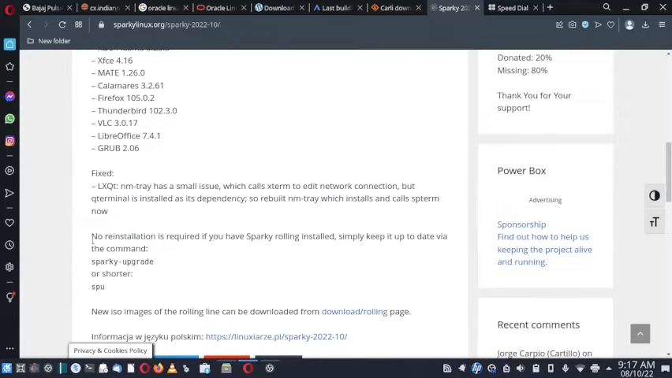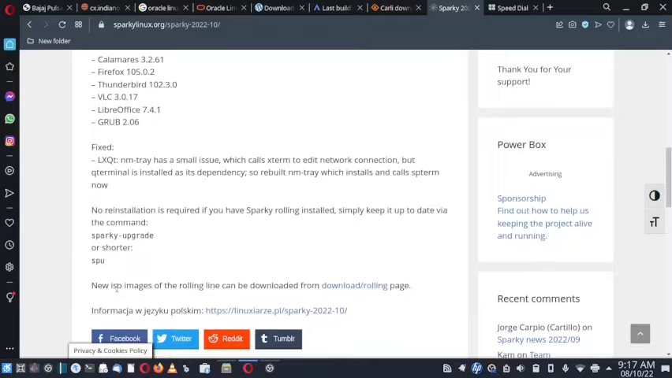Now there is no reinstallation required if you have Sparky rolling release installed. Simply keep it up to date via the command sparky-upgrade or shorter, spu. And newer ISO images of the rolling line can be downloaded from here. So let us check out the